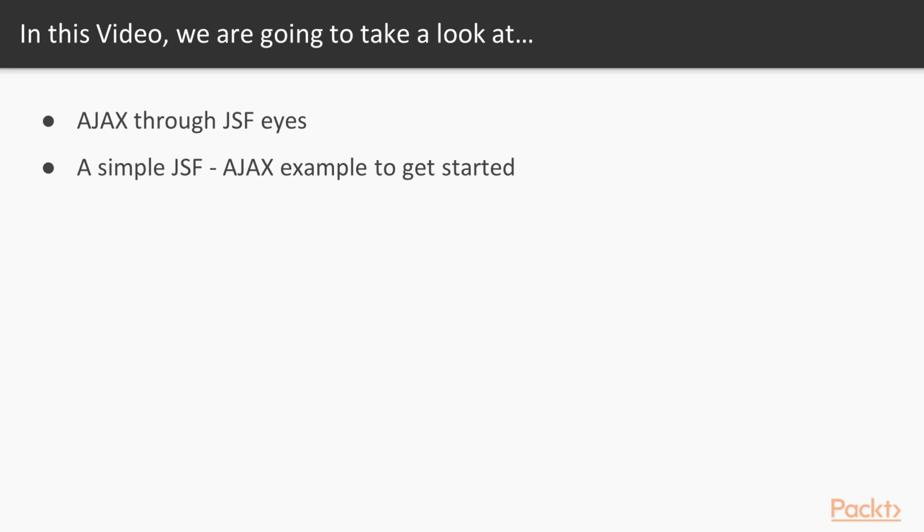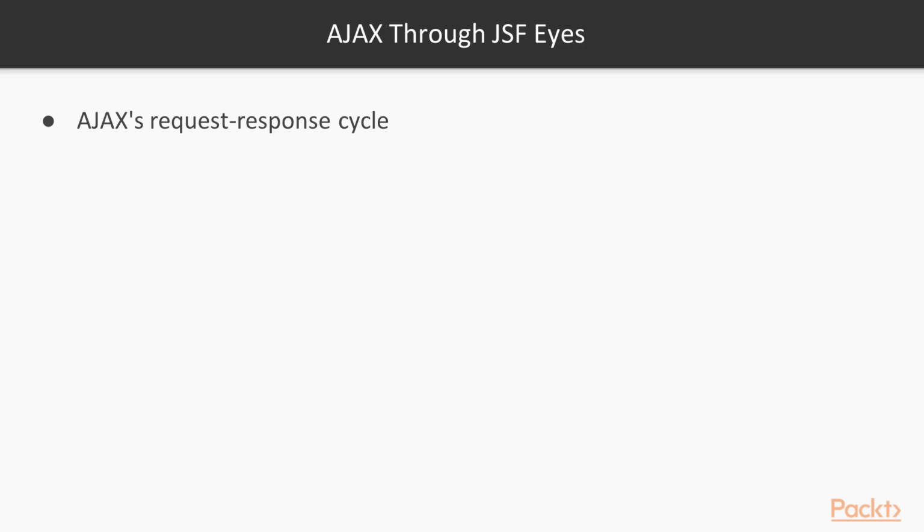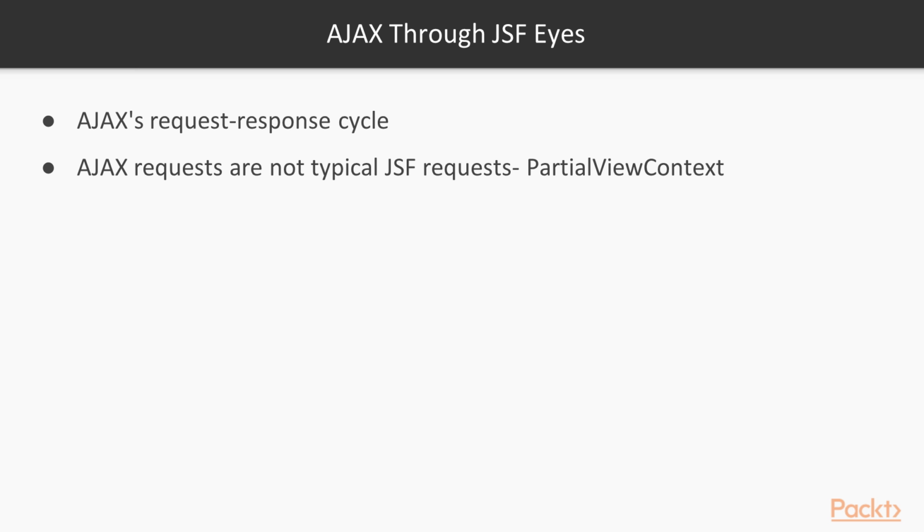In this video, we will try to define and highlight the strong relationship between JSF and AJAX. You need to achieve very good skills in this field, because combining these two powerful technologies can lead to great applications. Well, the AJAX request-response cycle is defined by the partial processing and partial rendering stages. This means that AJAX partially affects the current view, and AJAX requests are not typical JSF requests because they follow